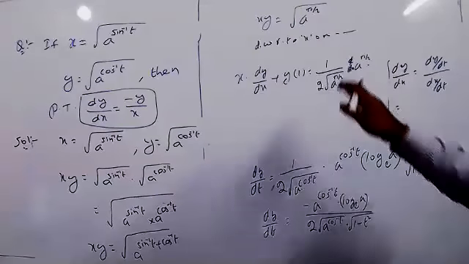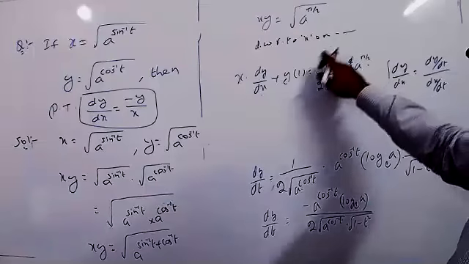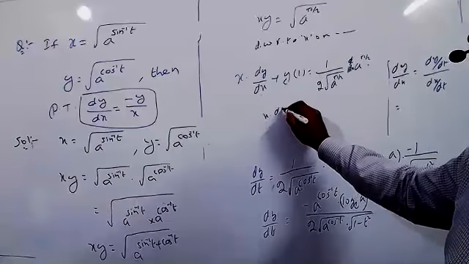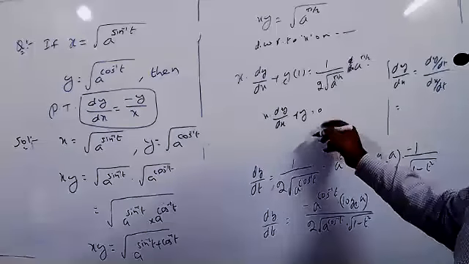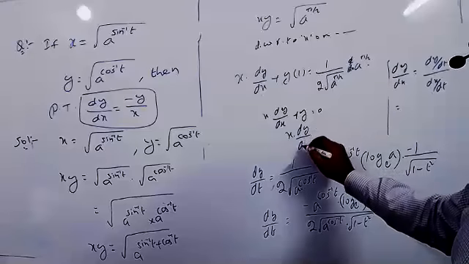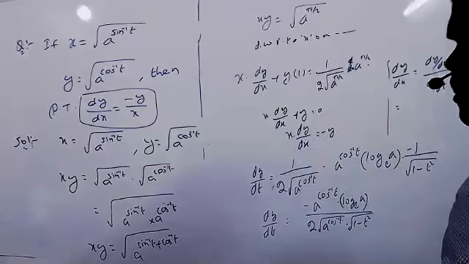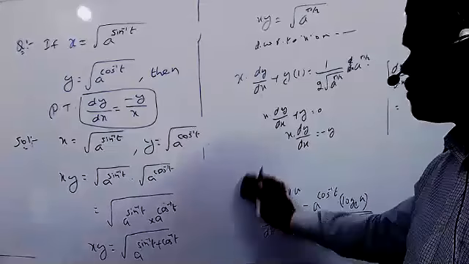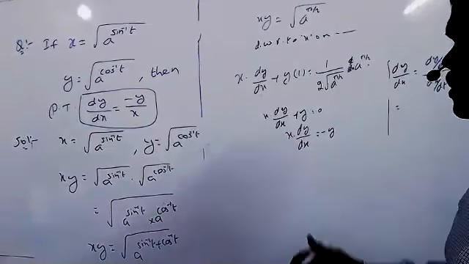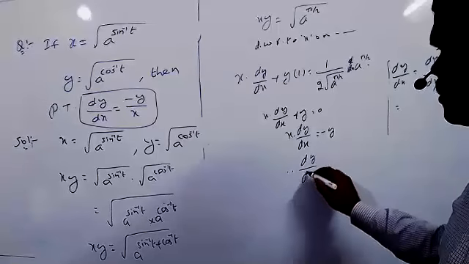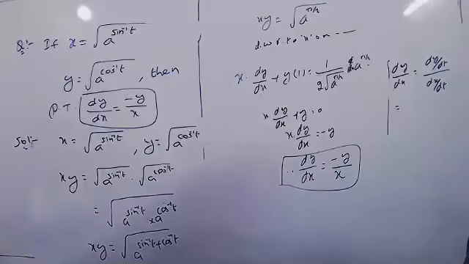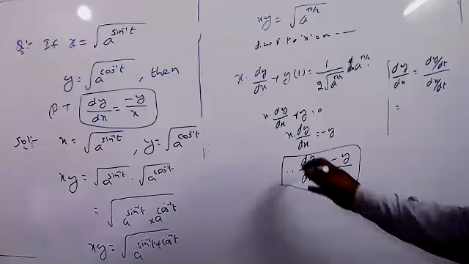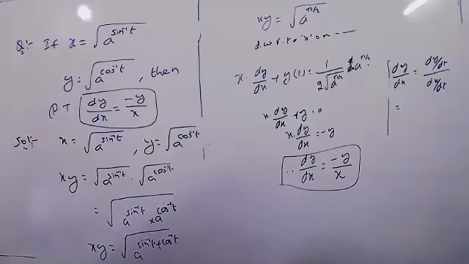Now we have done the first step only. Now this becomes 0. So therefore x into dy by dx plus y equals 0. Plus y on the right side, so x into dy by dx equals minus y. So therefore dy by dx equals how much? Minus y by x. So dy by dx equals minus y by x. Now this is the second method. Based on the marks you can solve that. Suppose they are asking a 2 marks question, this one I can write. Very easy.